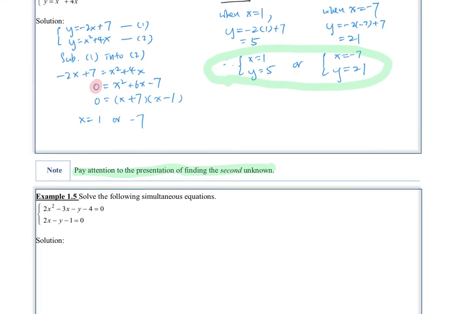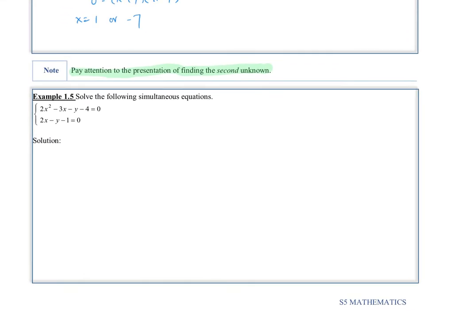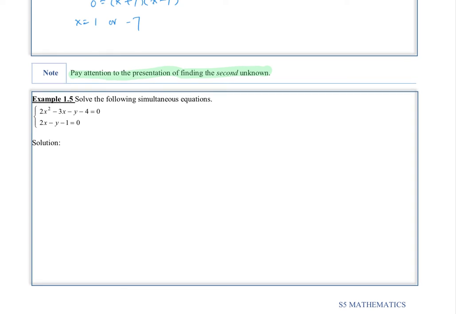So let's move on to the second one. Right now, if we want to solve this simultaneous equation, it will be much easier to use y as the subject. That means y equals 2x minus 1. And then after that, substitute y inside, so you only need to substitute once. Otherwise, if you choose x as the subject,